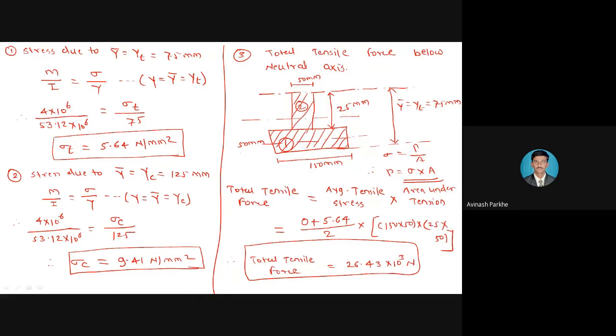If we take average, the stress on one side becomes 0 and on the other side becomes maximum. If it is asked tensile then take tensile. If it is asked compressive, then take compressive, and take the area under tension and the area under compression as asked in that particular numerical. Okay. Yes, everyone has understood how to calculate the tensile force.